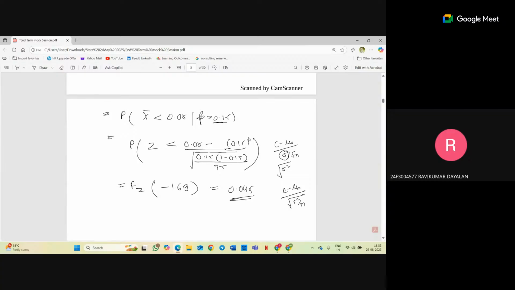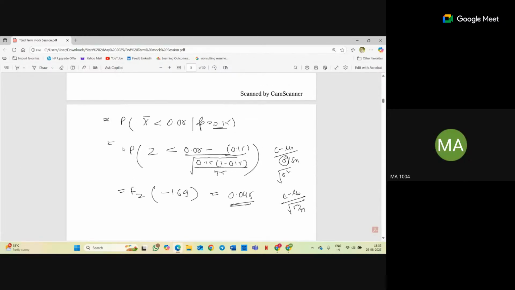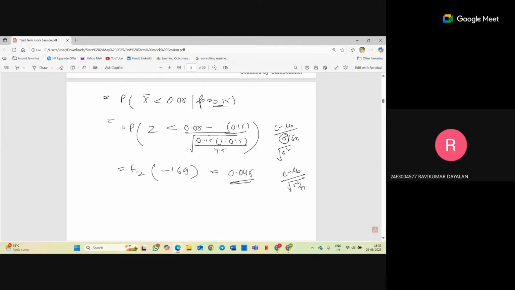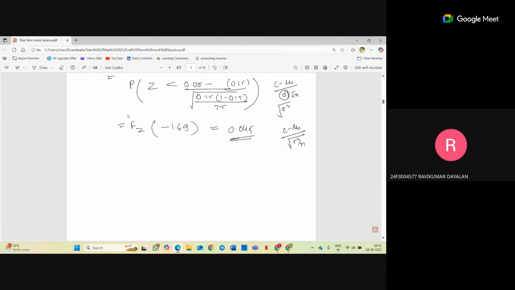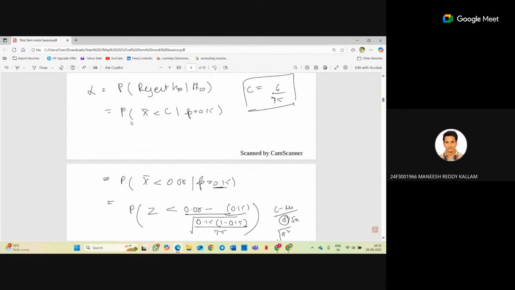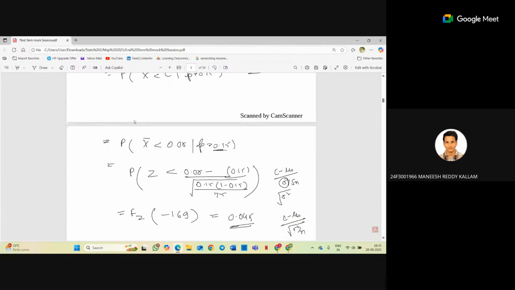Which one to use? Square root of n into p into 1 minus p, used in some other activity, is a similar kind of formula for the denominator. So I'm wondering why we are using this formula, or on what basis we need to use this formula? That is for binomial and this is for Bernoulli.